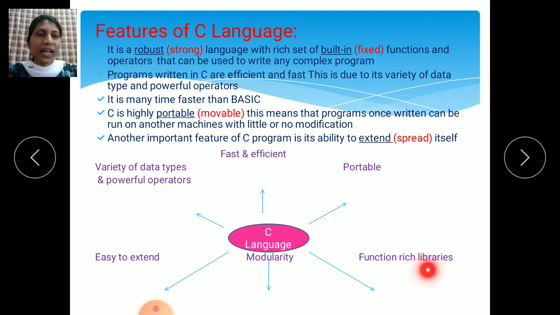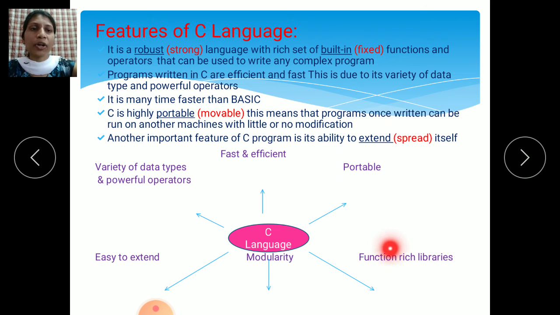Then C has function-rich libraries, meaning C has a rich set of functions, data types and operators. We use a number of functions, operators and data types in the C language. The next one is that C is modular. This is one of the features of the C language. Then it is easy to extend.